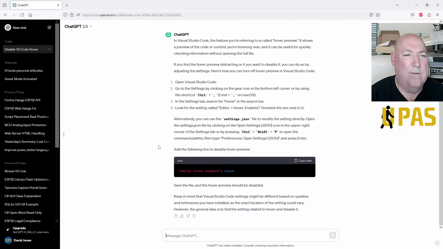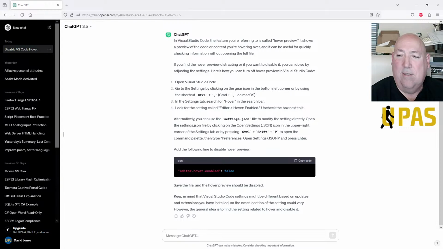In the search bar, look for the setting called editor hover enabled. Uncheck this box. Alternatively, you can use the settings JSON file to modify the setting directly. Open the command palette, then type preference, open settings, and add the following line to disable the hover.